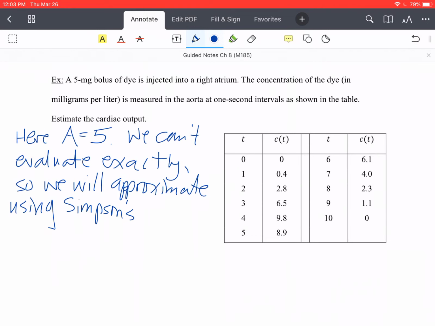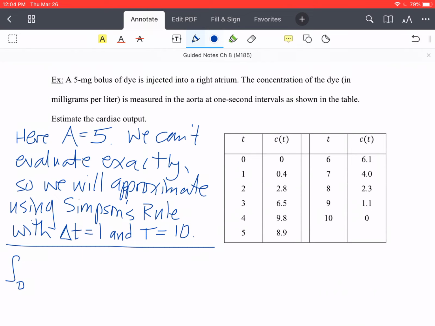So a little bit of a blast from the past here. Simpson's rule with delta t equals 1. So the change in time over the intervals is 1. That's our width of each rectangle or each polygon. And big T equals 10. So that's our number of subintervals. So the integral from 0 to 10 of C(t) dt will be approximately equal to